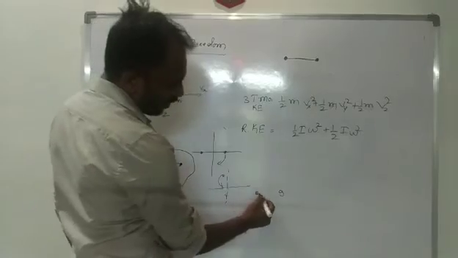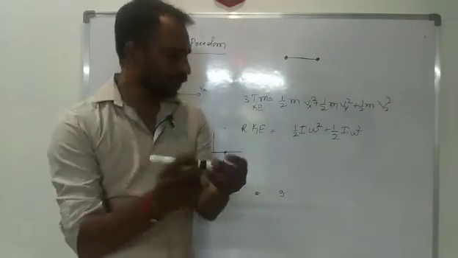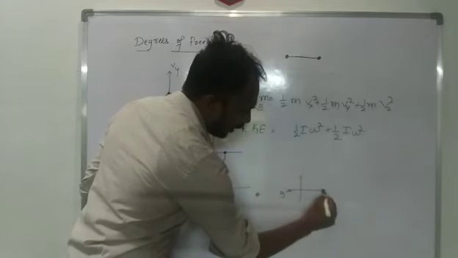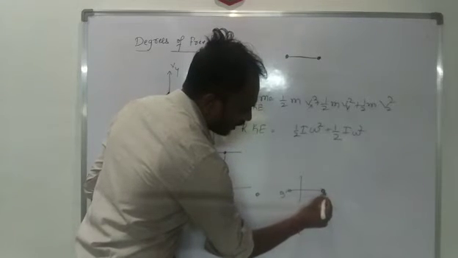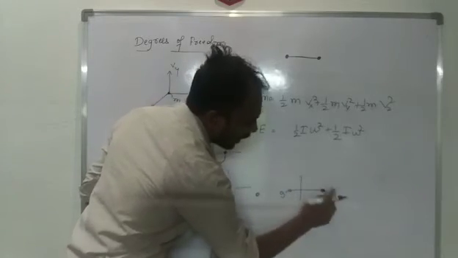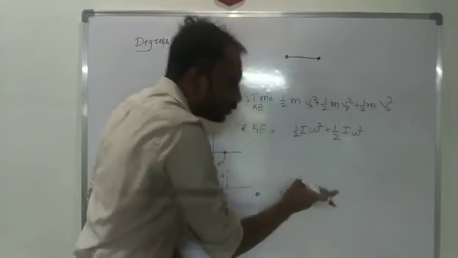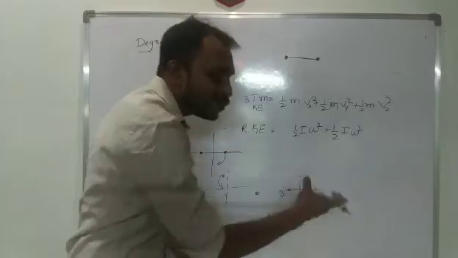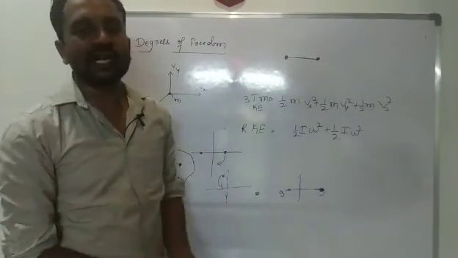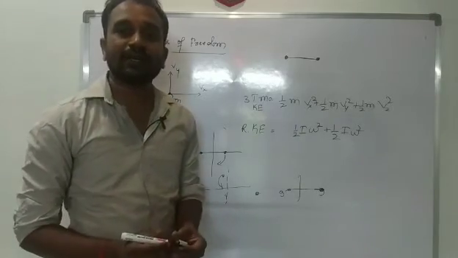But in this situation, when it starts rotating like that, we consider that molecule and center of mass, and this one is the axis of rotation. It starts rotating like that, which means the distance and the axis of rotation are present in the same line. So for this reason we don't get any rotational kinetic energy.